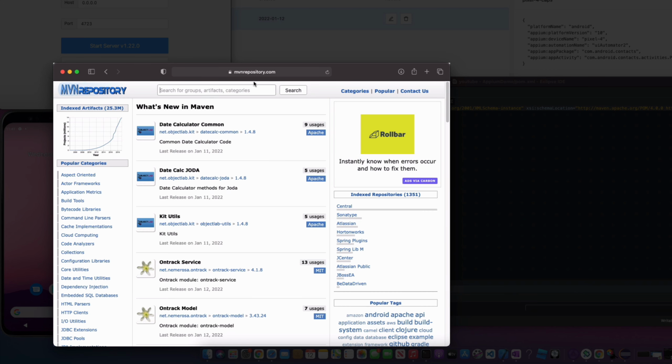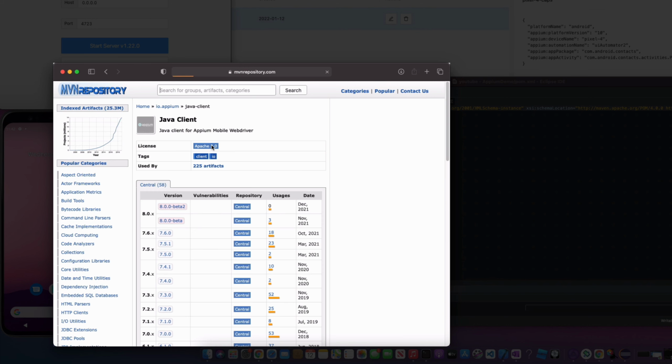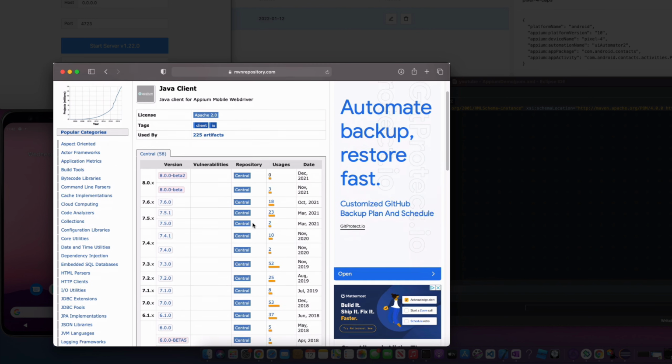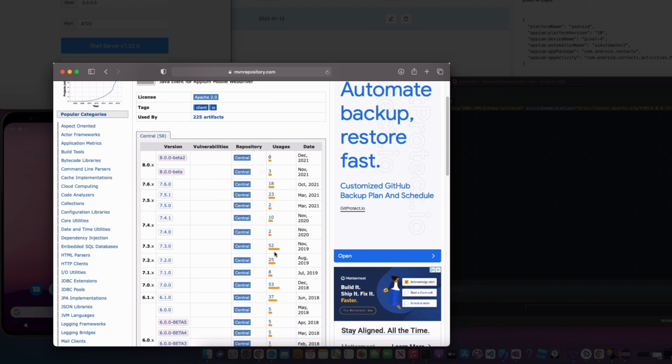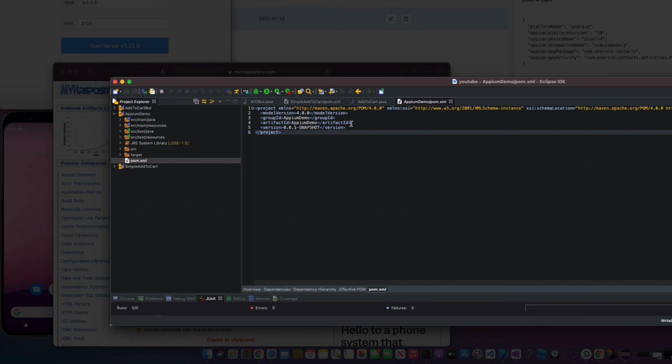So within Maven repository you're going to get the search bar, and the first one we're going to search for is Appium. So we got the Java client, so this is what we need, and I like taking one that's stable, so 7.3 and popular. So this one is pretty good. What you're going to do is just copy this,